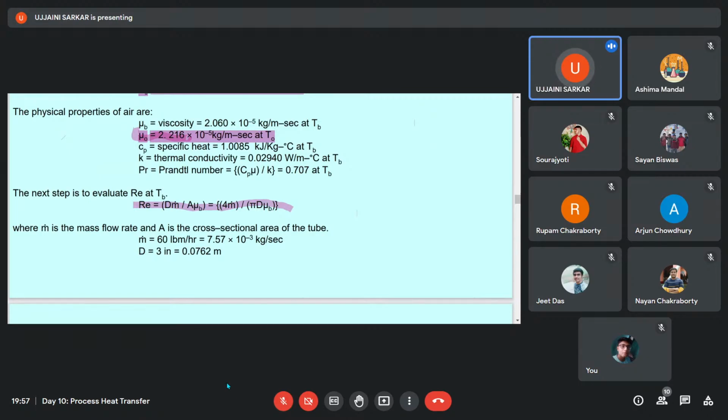ডি এম ডট ডিভাইডেড বাই এ মিউ বি। ইফ এ ইজ পাই ডি স্কয়ার বাই 4, তাহলে সেই 4টা উপরে উঠে যাচ্ছে, আর ডি স্কয়ার কেটে গিয়ে ডি থাকছে, আর পাই থাকছে নিচে। এবার বুঝতে পেরেছো কি করে 4 এলো? হ্যাঁ ম্যাম, বুঝতে পেরেছি। A is pi d square by 4. So put A is equal to pi d square by 4. D আর d square কেটে একটা d থাকছে নিচে, so pi d থাকছে, উপরে 4 উঠে যাচ্ছে in the numerator. So it is 4m dot divided by pi d mu b, mu bulk. তাহলে রেনল্ডস নাম্বার কত আসছে চট করে বার করে নাও।